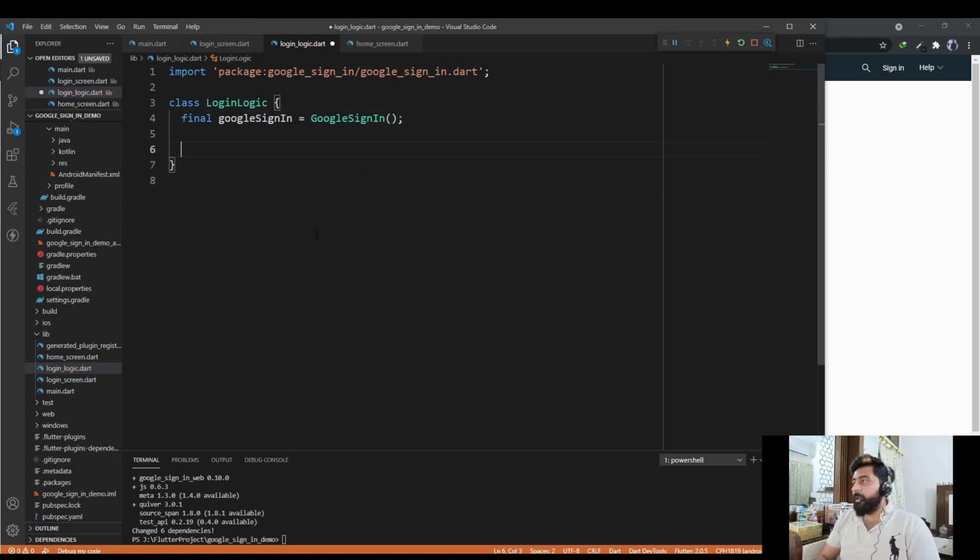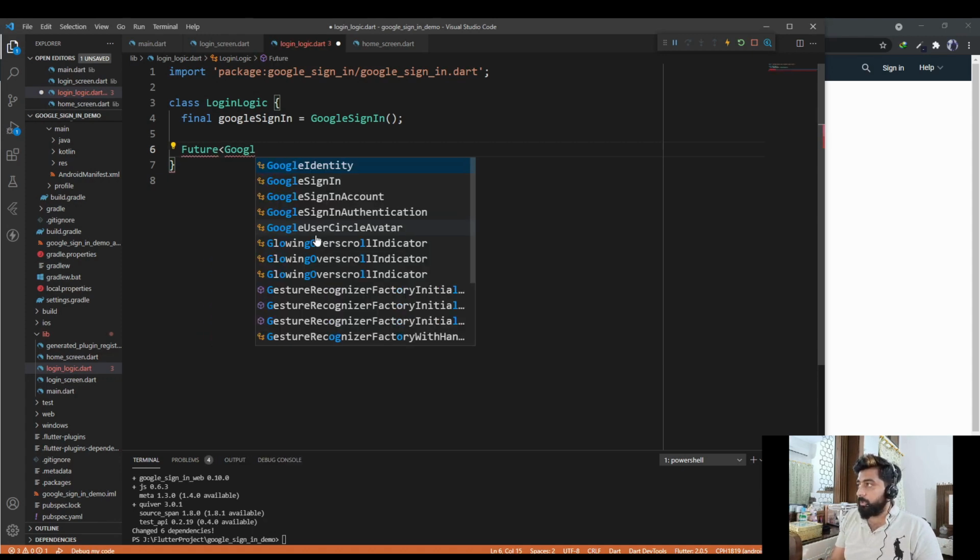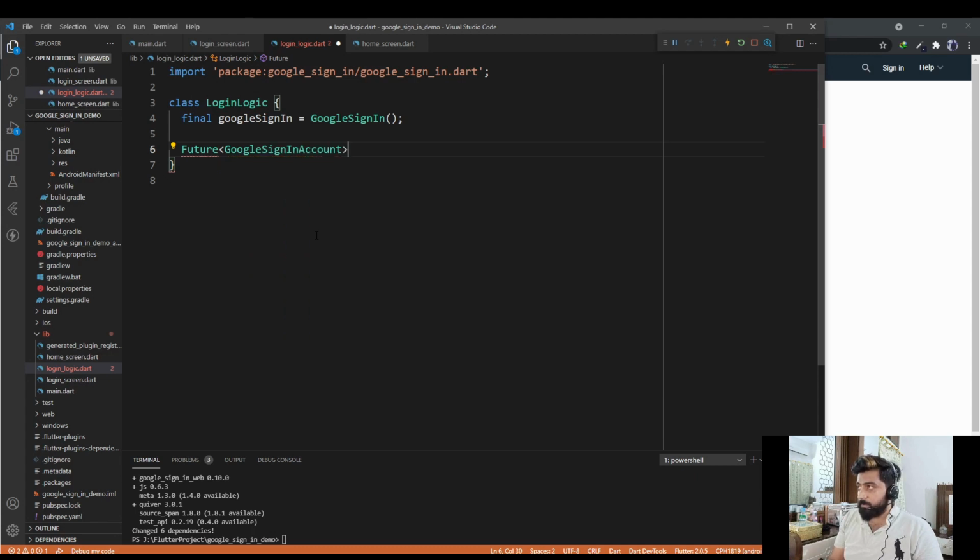Now after that we are going to create two methods. The first one is for the login and the second one is for the logout. So let's create these two methods. Future Google Sign In account login,